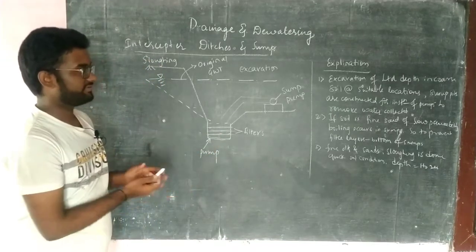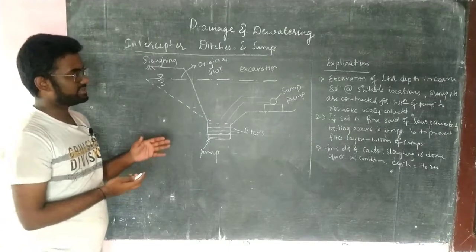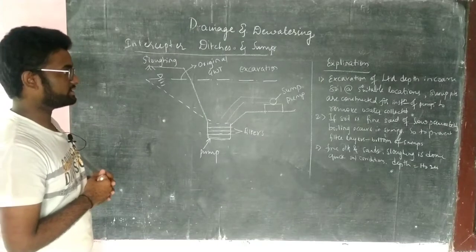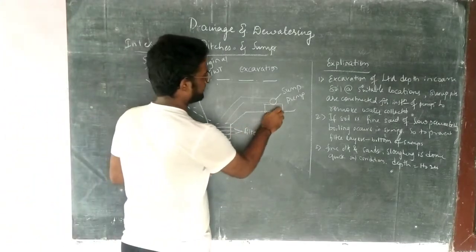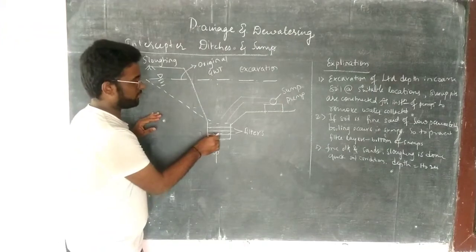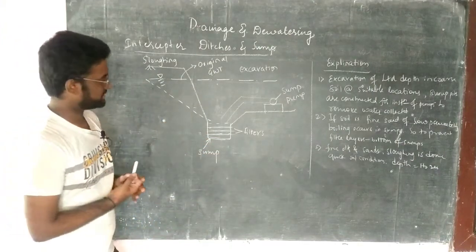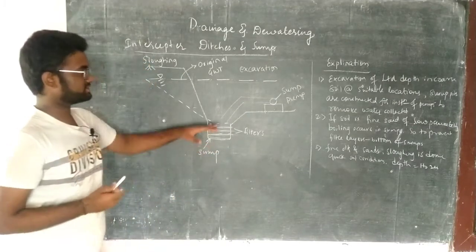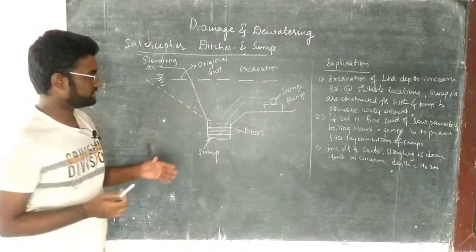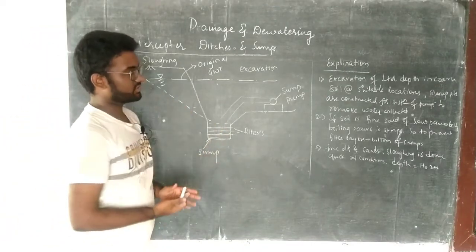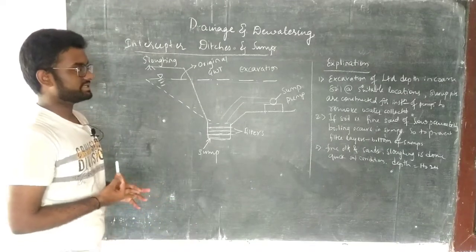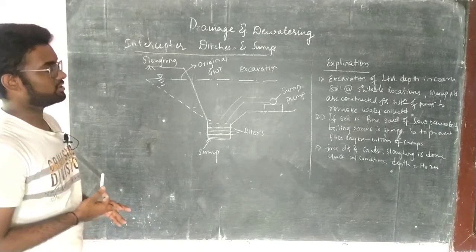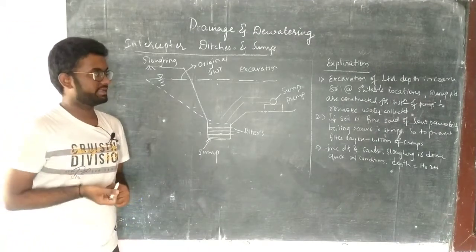If the soil is fine sand of low permeability, that means the sand is thick and not allowing the water to flow through it, then boiling may occur in the sumps. So boiling of water may happen in this sump. In order to prevent the boiling of the water inside the sumps, different layers of filters are fixed at the sump level. And in fine silts and sands, sloughing is done in quick soil conditions up to a depth of 1 to 2 meters.